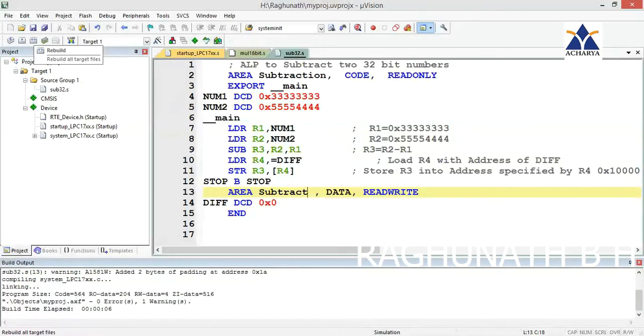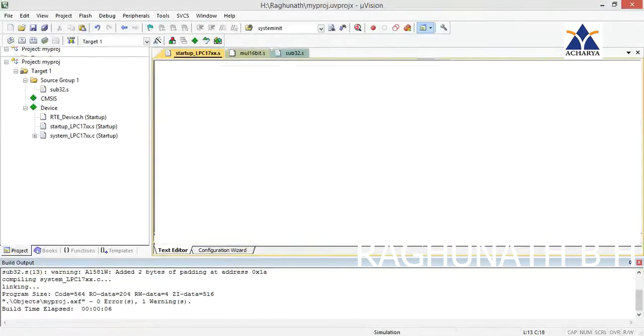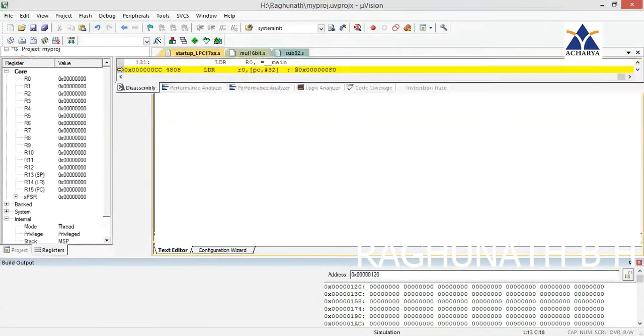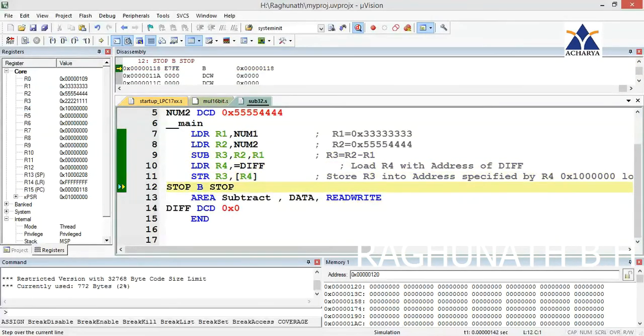Giving still some warning. Address 2 bytes of padding at address 0 next year. I'll start debug. Now we can check the answer.